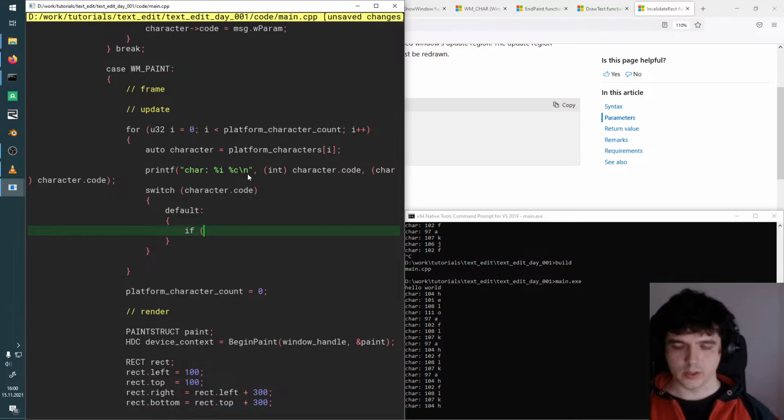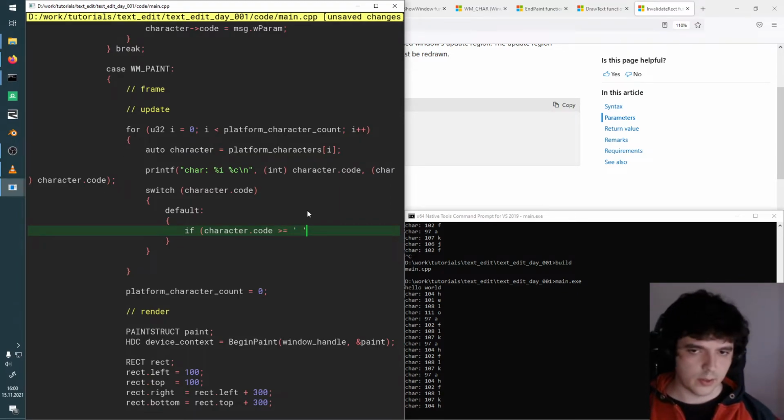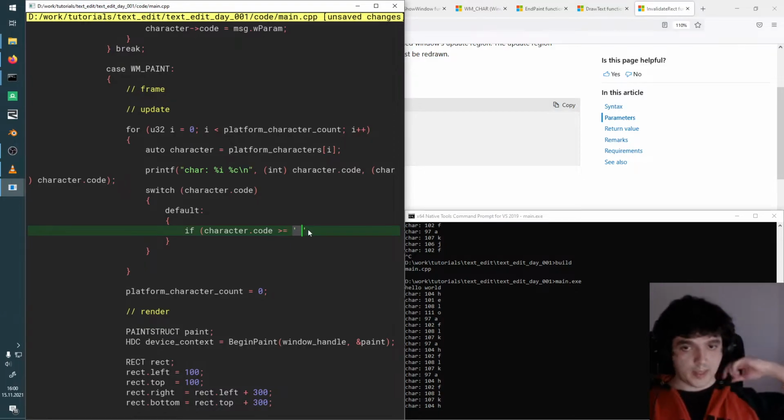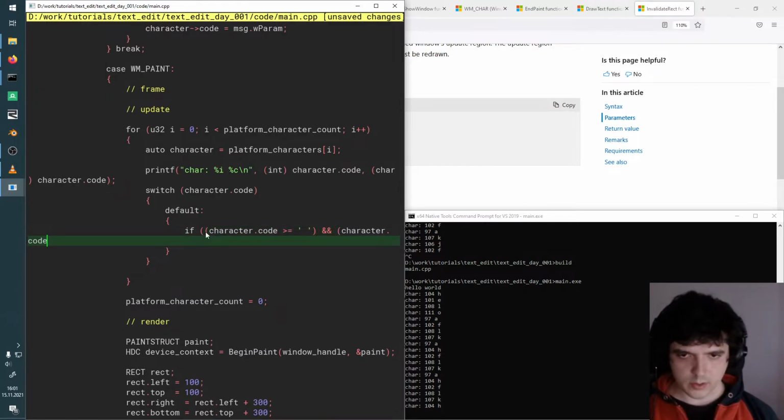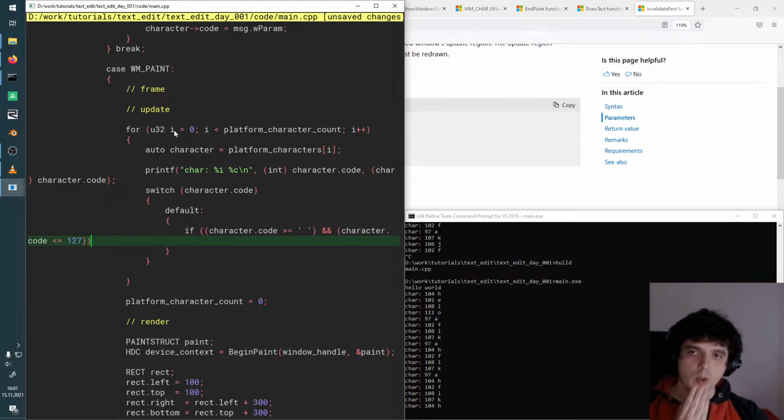To be sure that they are just letters, we say the character code needs to be at least the space sign. If you look at the ASCII codes, you will notice that at this point the actual characters start. All codes prior to that are some kind of control characters. And to be extra certain, we want the code to be less or equal to 172